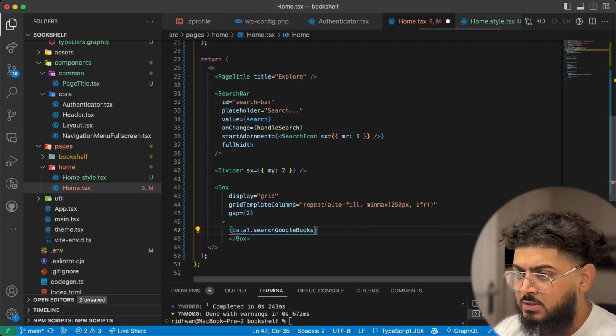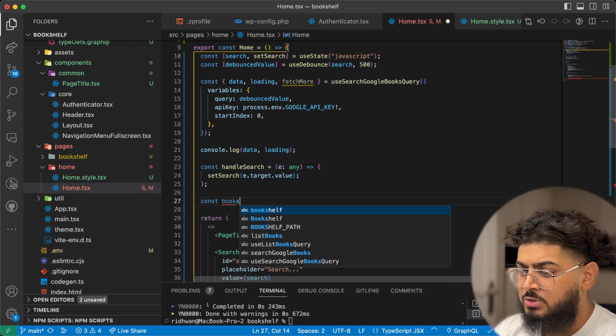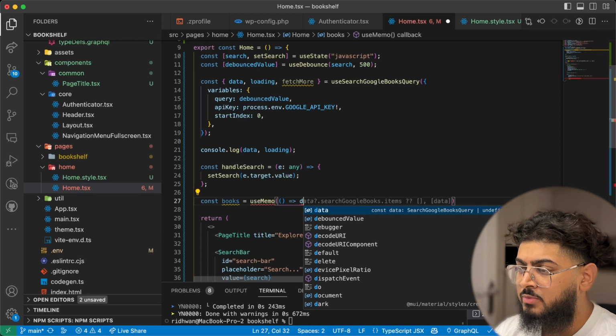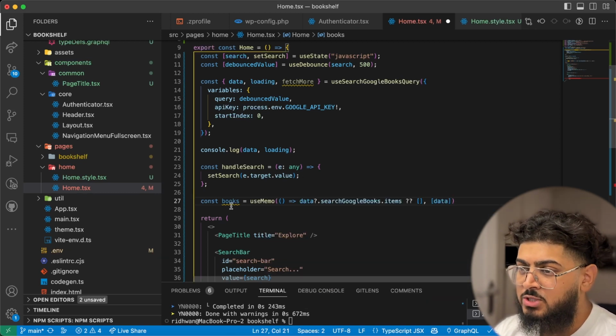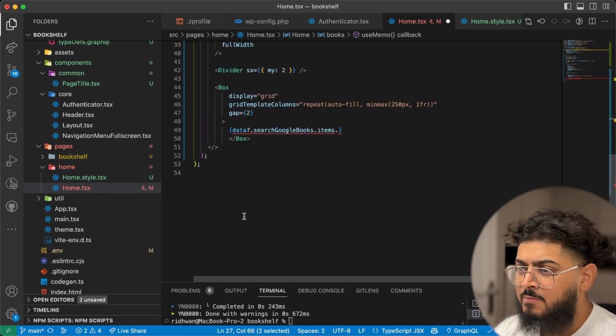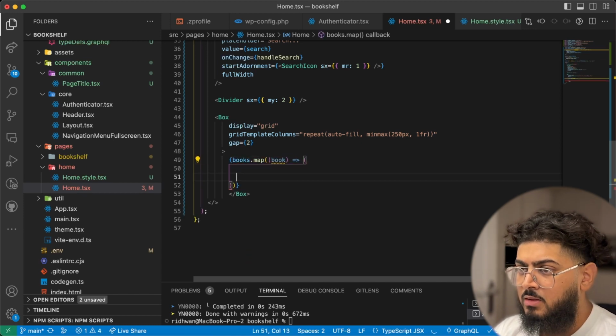So if we do data.search Google Books items, as you can see, that's not very semantically pleasing. So what we're going to do is just create a new variable here called books, and we'll use a useMemo, and we'll extract the books from the data using this useMemo. And anytime it changes, and only when it changes, books will be updated. And we can also avoid having to deal with data coming back as null, as we can just coalesce it into an empty array. So instead of data, we're just going to do books here dot map, and then within